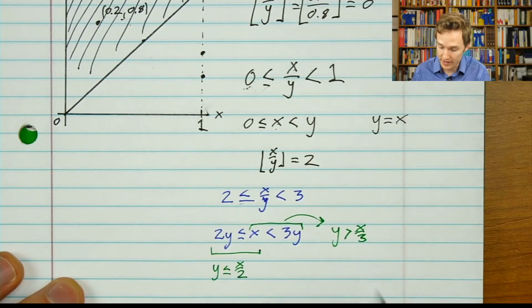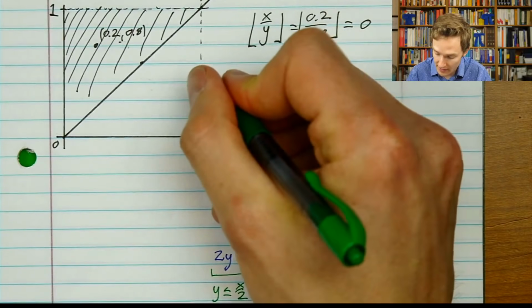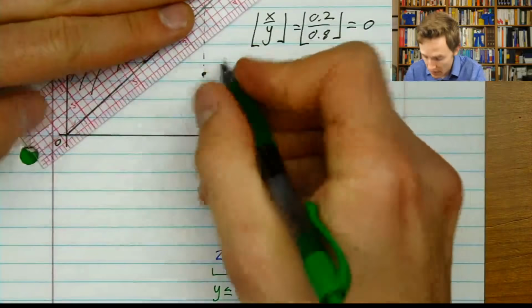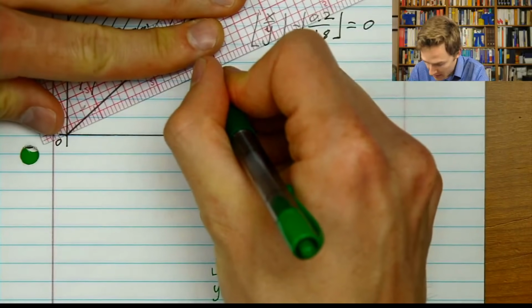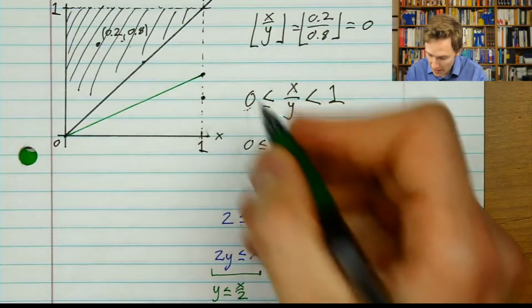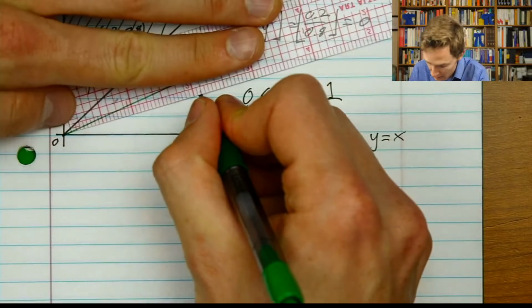The line y equals x halves, which has a slope of 1/2. You can think of it as intersecting at the point where y equals 1/2 when x equals 1. Right? So it'll be a line like this. That describes part of the boundary of our region. And the other line is when y is equal to x thirds. So we know we actually have to be